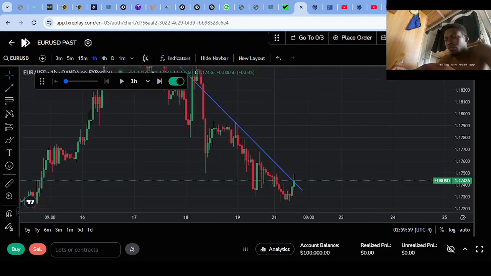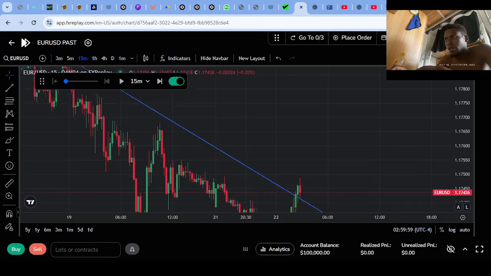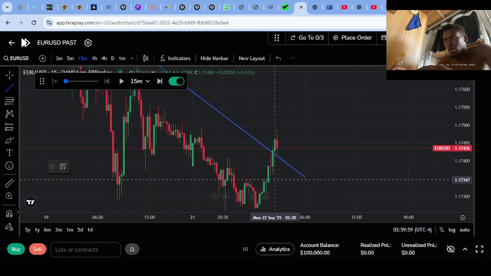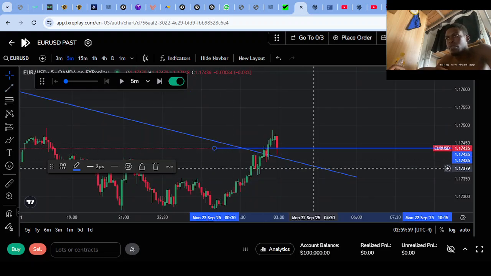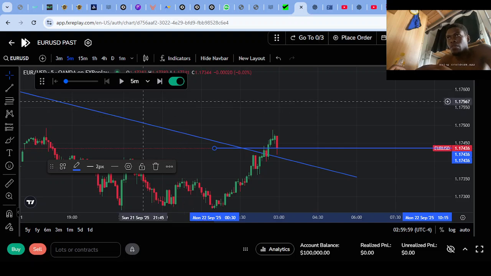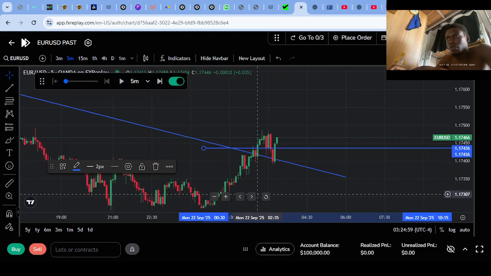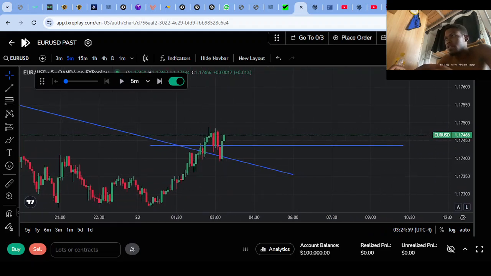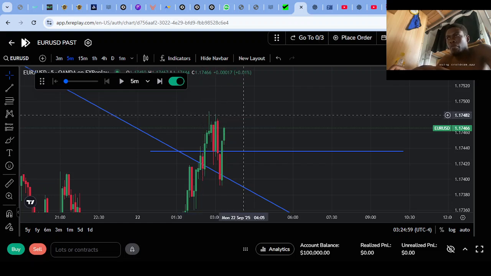Now what we're about to do is go over to the 15 just to see how it's looking. We mark our London session start over here, then we go over to the 5-minute time frame and start our replay. So if price breaks above this high right here,